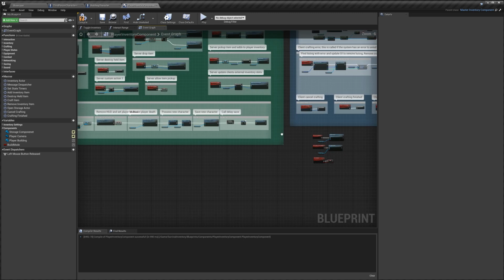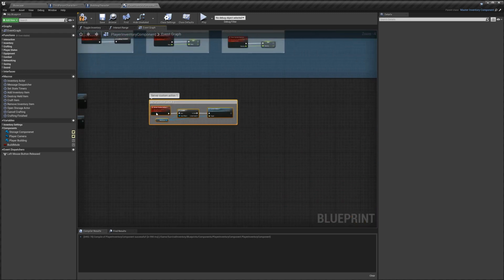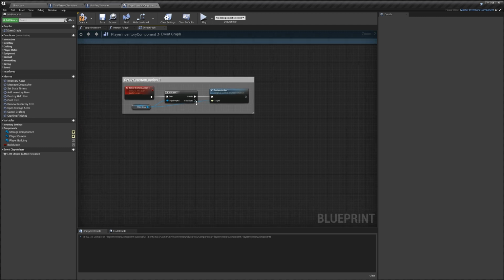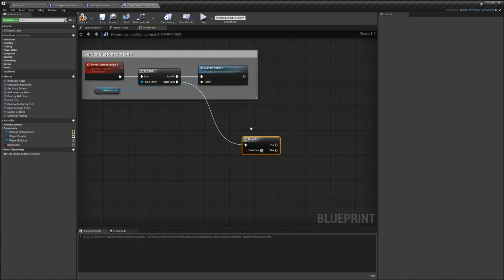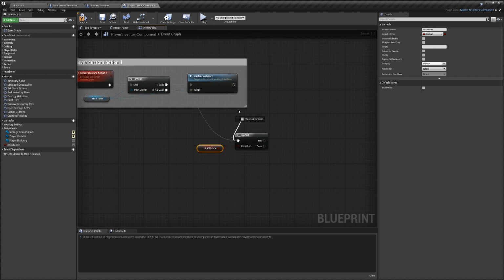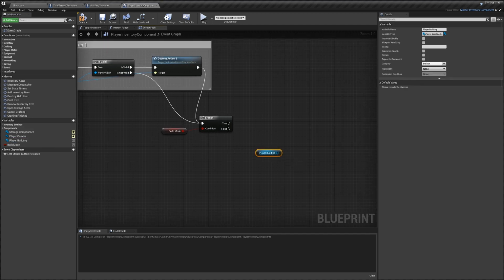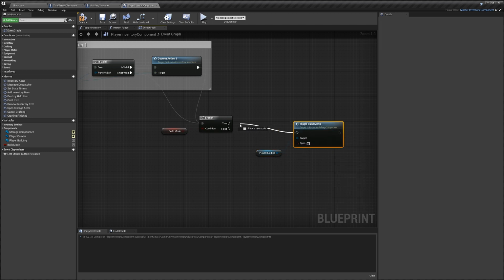Next, I'm going to find the server custom action 1, which is over here, and we're just going to move this down over to our other stuff so we've got some more space. And with that, we're going to drag out from is not valid and do branch, and we'll use our build mode bool and connect that to condition, and then we'll connect this up to our custom action here. Then we're going to get our player building, and we'll search for toggle build menu,